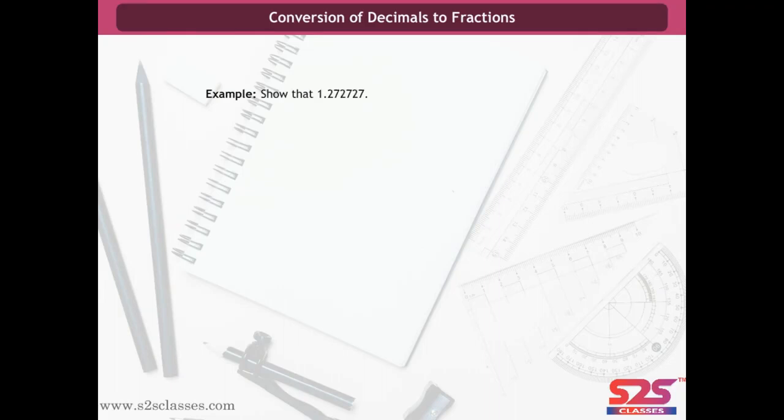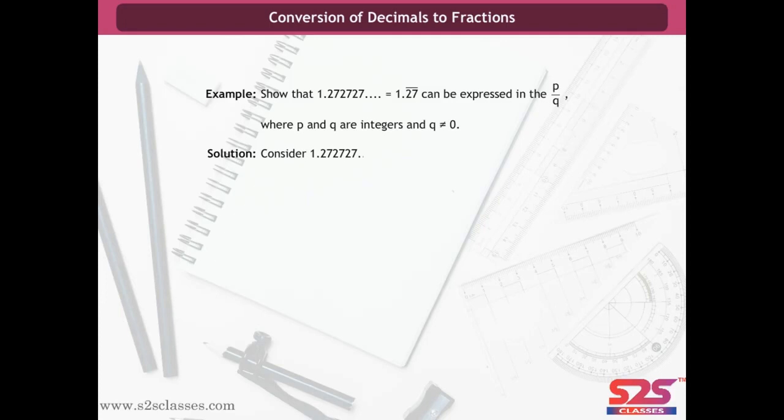Now let us solve the given example. Show that 1.272727 and so on, which is 1.27 bar, can be expressed in the form of p by q, where p and q are integers and q is not equal to 0. Solution. Consider 1.272727 and so on equals x. Since two digits are repeating, we multiply x by 100. We get 100x is equal to